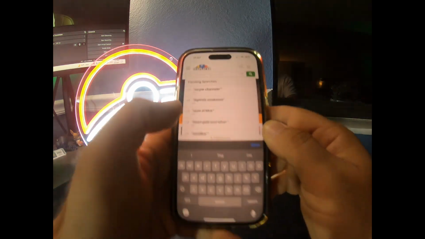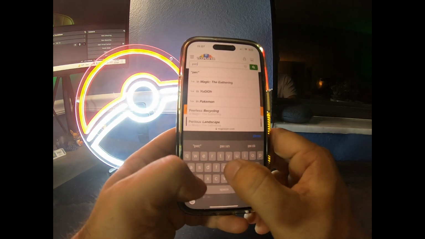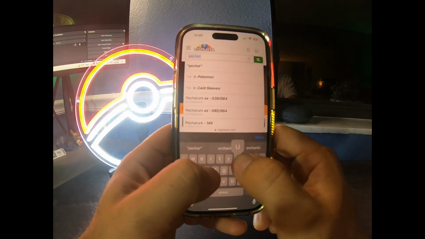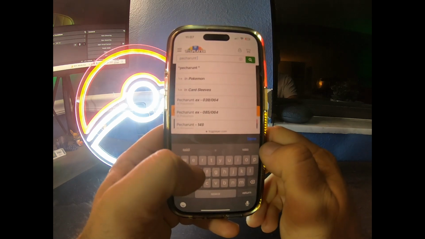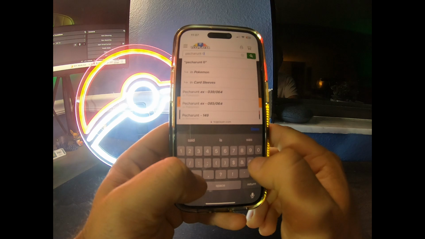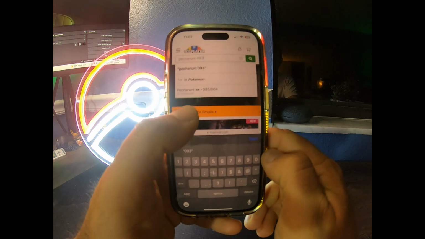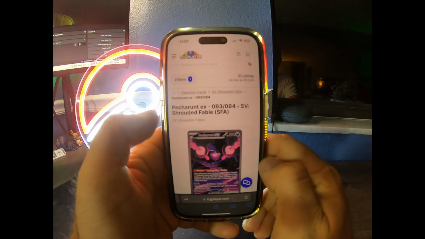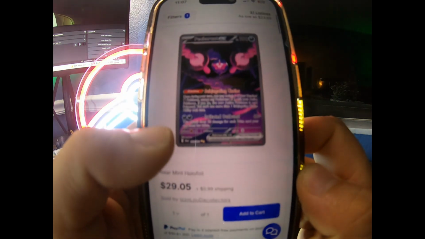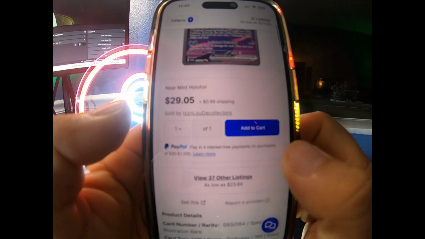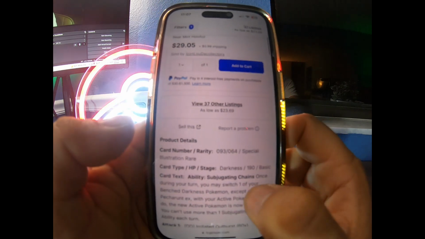It has, as you can see, a mobile version, which is really just a website from any browser on your phone, and then later I'll show you the actual web browser version. But you can see it's super simple to use. Very user-friendly interface. You just punch in the very specifics of the card, including the card number, and then that card that you're looking for is going to pop right up with the most accurate market price, up to date,